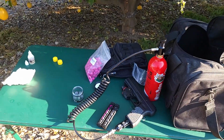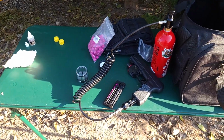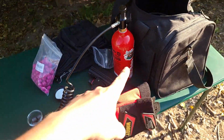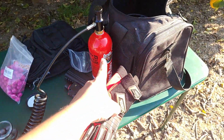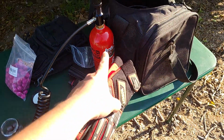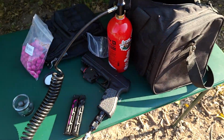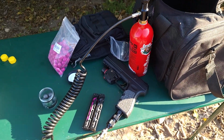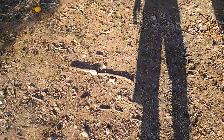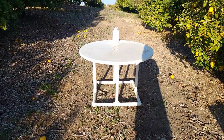Alright guys, the other day I did the Salt Supply S2 with the remote line and the CO2 tank. This CO2 tank has the same amount of shots gone through it, probably like 80 shots, and it's a 20-ounce CO2 tank. What I want to try today is using the Salt Supply S2 from my same 6-foot distance and hitting